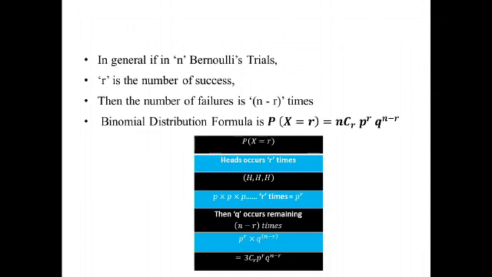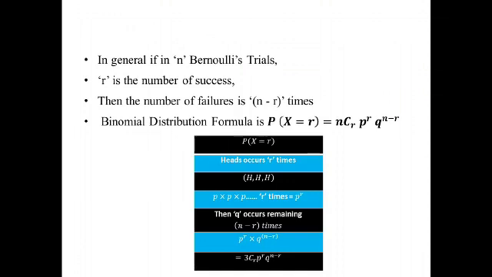In every trial, the probability of getting a head is P. Since P is repeated R times, you will get P power R. Again in these n trials, the remaining n minus R will denote the number of failures. So the formula of P of x equal to R is nCR P raised to R Q raised to n minus R,